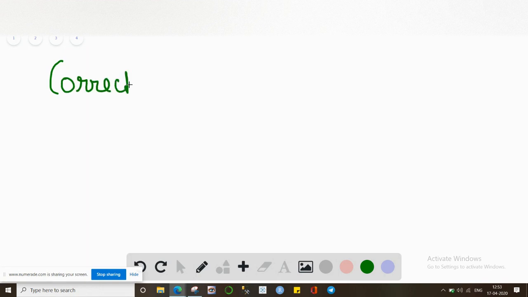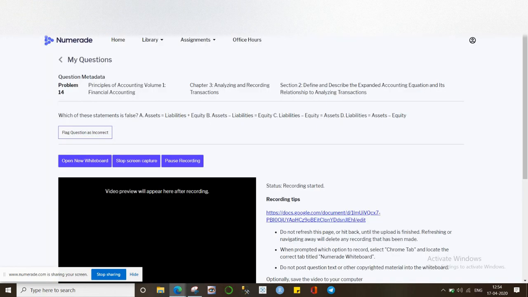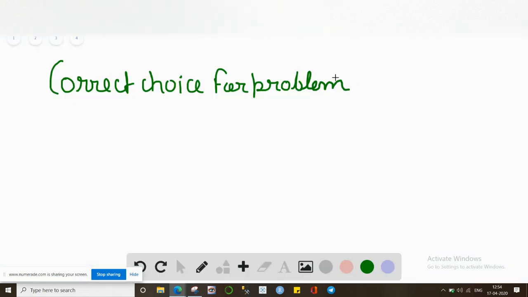So the correct choice for problem 14 is C, which is actually not a correct representation of the accounting equation. So that is the solution for the current question. And based on our example,